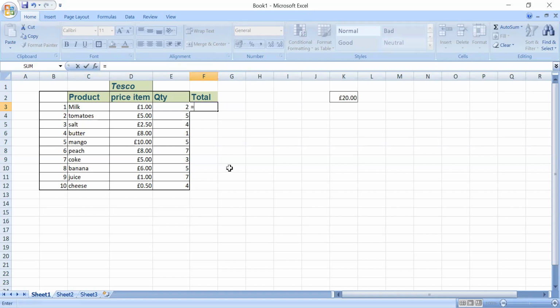However, instead of using that 1, I'm going to click where the 1 is. So it's going to be this, which is that £1, times, that's your time sign, is a star sign, times 2. So I'm not typing in the 1, I'm not typing in the 2, but I'm selecting the cell where those things are. So once you do that, and then you press enter,